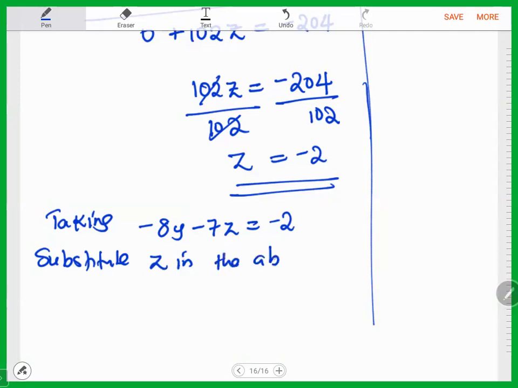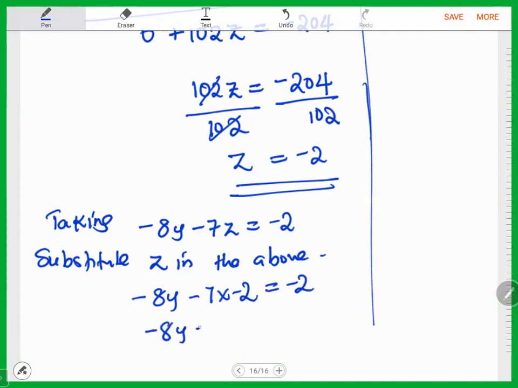So I'll have negative 8y minus 7 times negative 2 equal to negative 2. This is minus 8y plus 14. It is equal to minus 2, which is minus 8y is equal to minus 16,